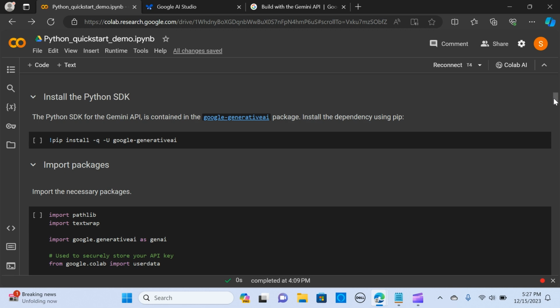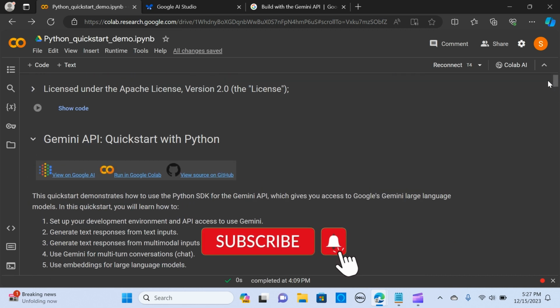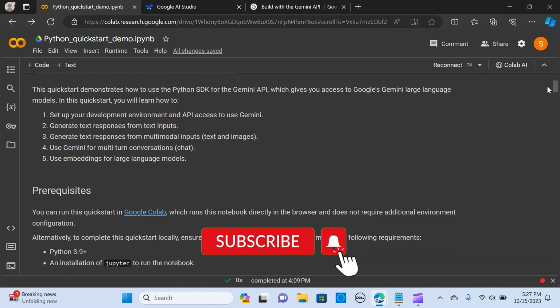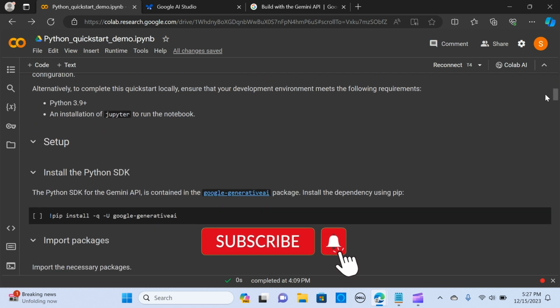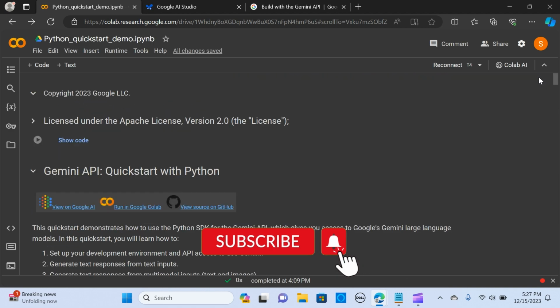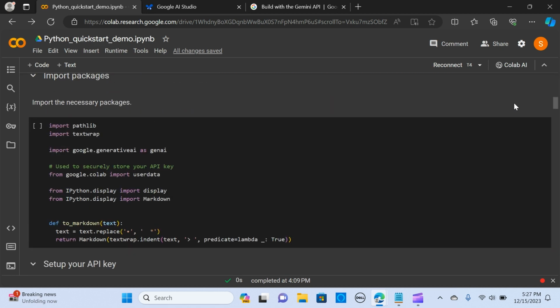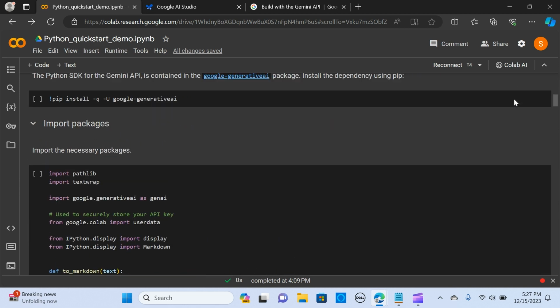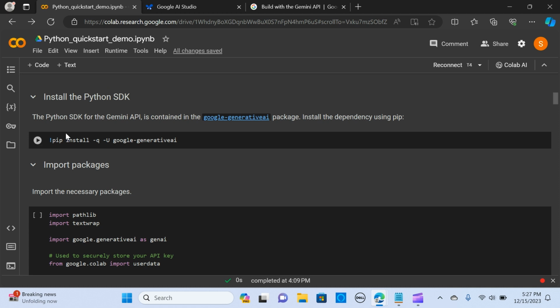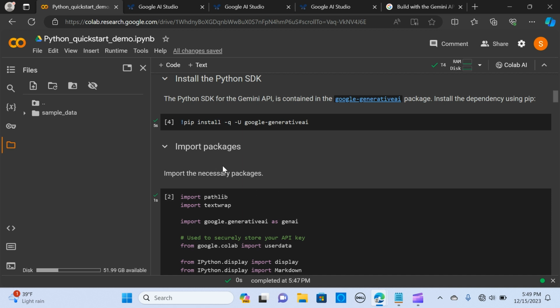All right. So we are going to use Google Colab. They already have this Colab version of the code, and I made some changes to it so that it will be easier to follow through. What we are going to need is to install these packages. We need to install the Google Generative AI package. So when I hit run,